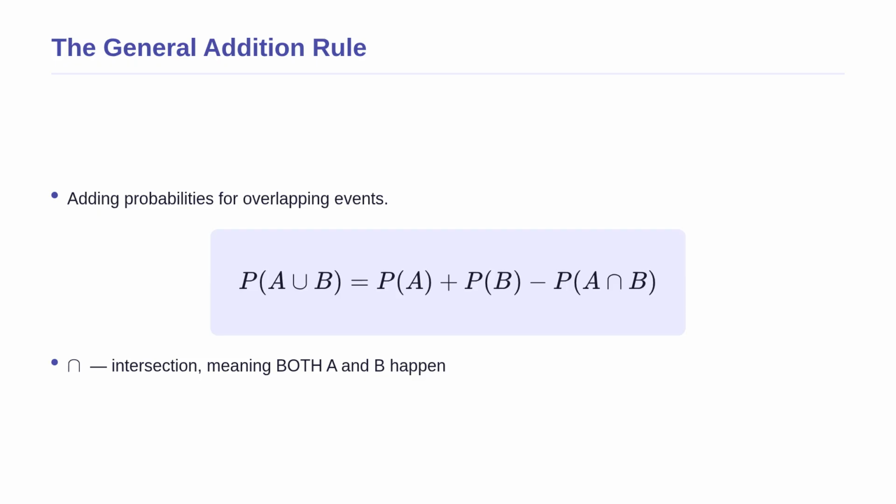This is the general addition rule, designed specifically for overlapping events. It tells us that the probability of event A or event B happening equals the probability of A plus the probability of B minus the probability of both happening at the same time. We add the individual chances together. But because the overlapping part was counted once inside A and then counted a second time inside B, our total is too high. We must subtract the intersection exactly once to fix the double counting. If the intersection increases, the total union probability decreases to compensate.